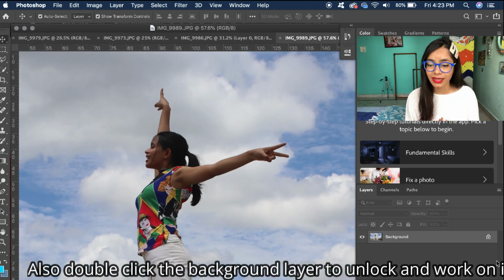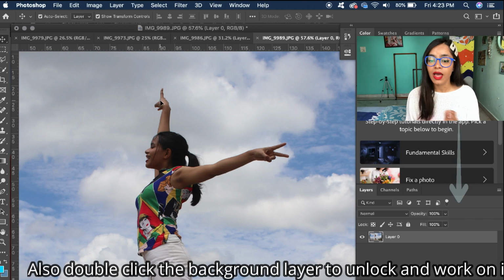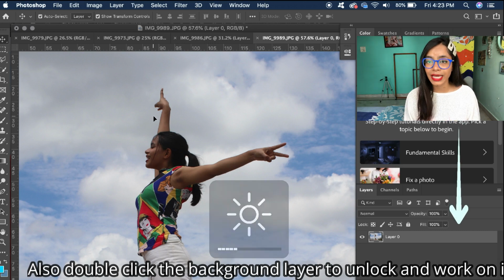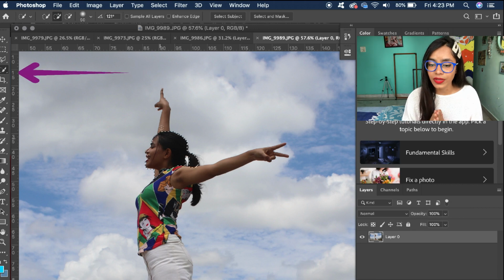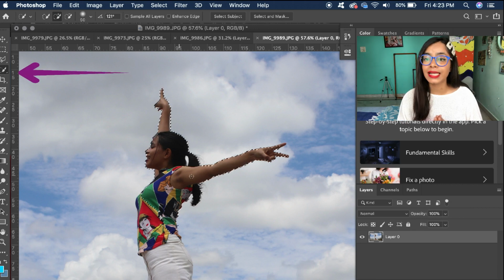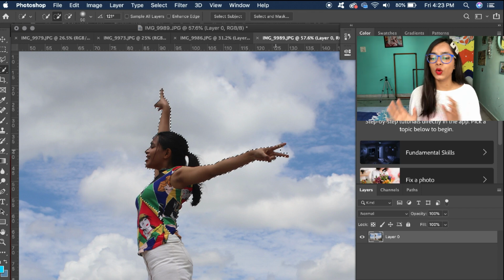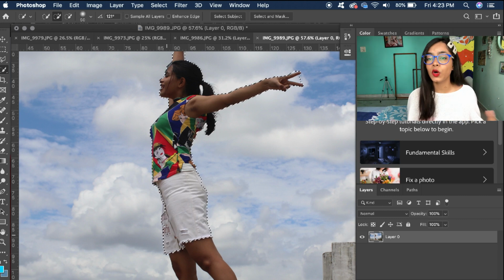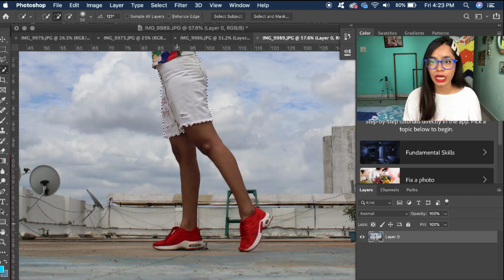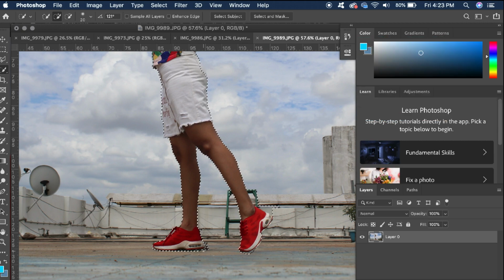So I am selecting the whole image by using the quick selection tool that you can see on the sidebar of the Photoshop software. So click the quick selection tool and select the whole image, what you want to select from it and what not. So just repeat the same steps and remove the background, because you are only placing the character on the foreground image. I hope it sounds clear. So let's do it.